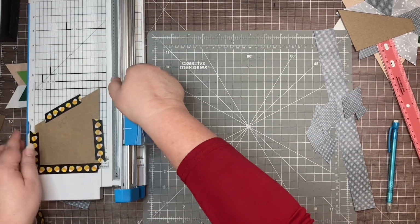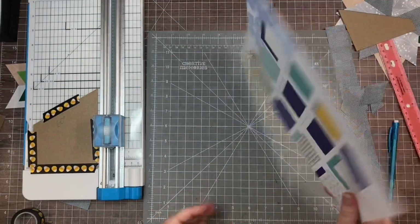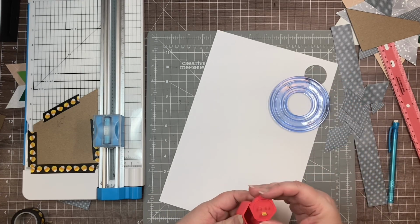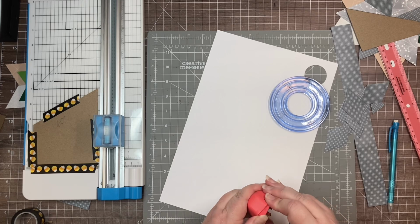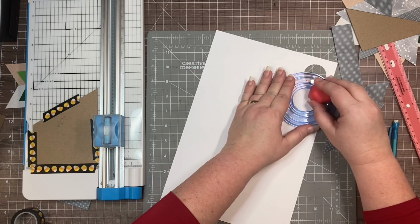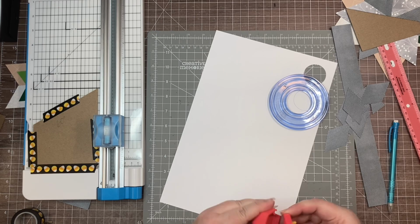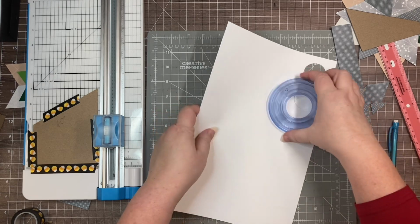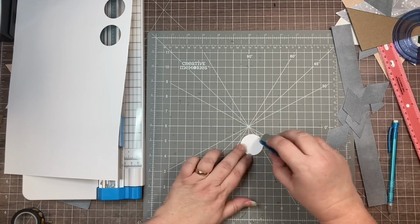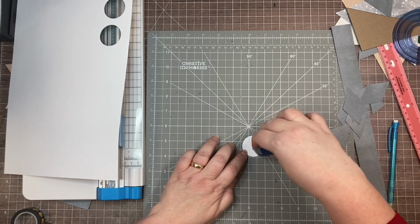And then you're going to want a circle just to be your base. And I'm just going to use a piece of my scrap white cardstock you guys know that I talk about all the time. And for this size, I'm going to use the smallest circle with the red blade on the inside, just to make me a little circle. That's going to be the base for my little 6-pointed star. And then I'm going to take my repositionable adhesive and just pretty much cover the whole little circle